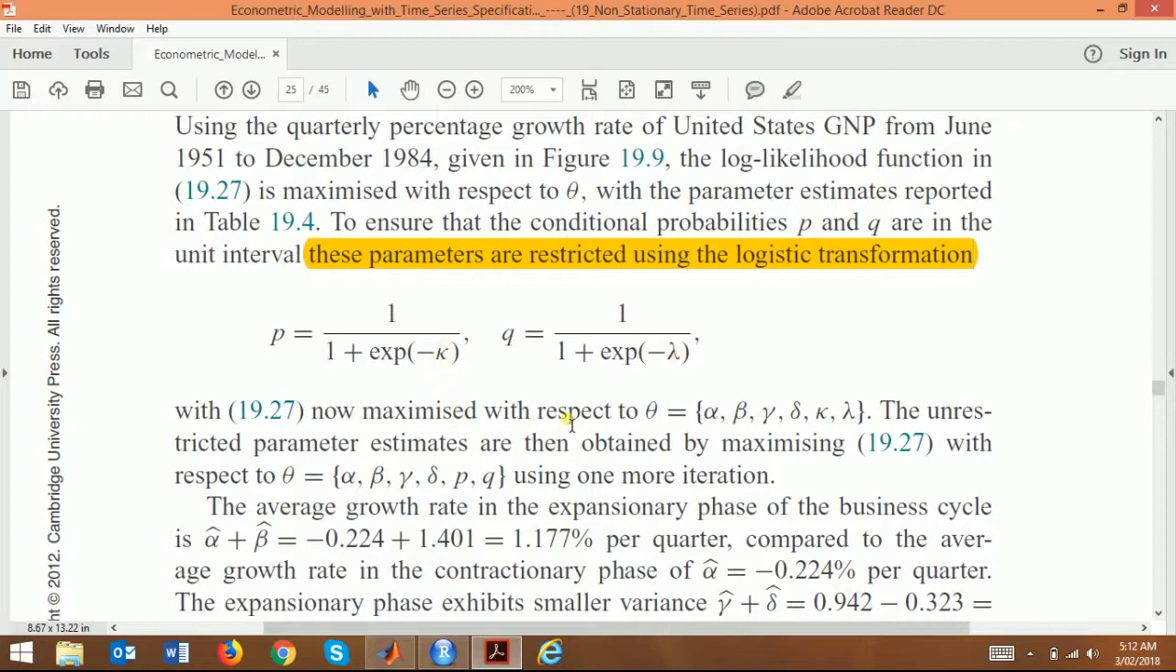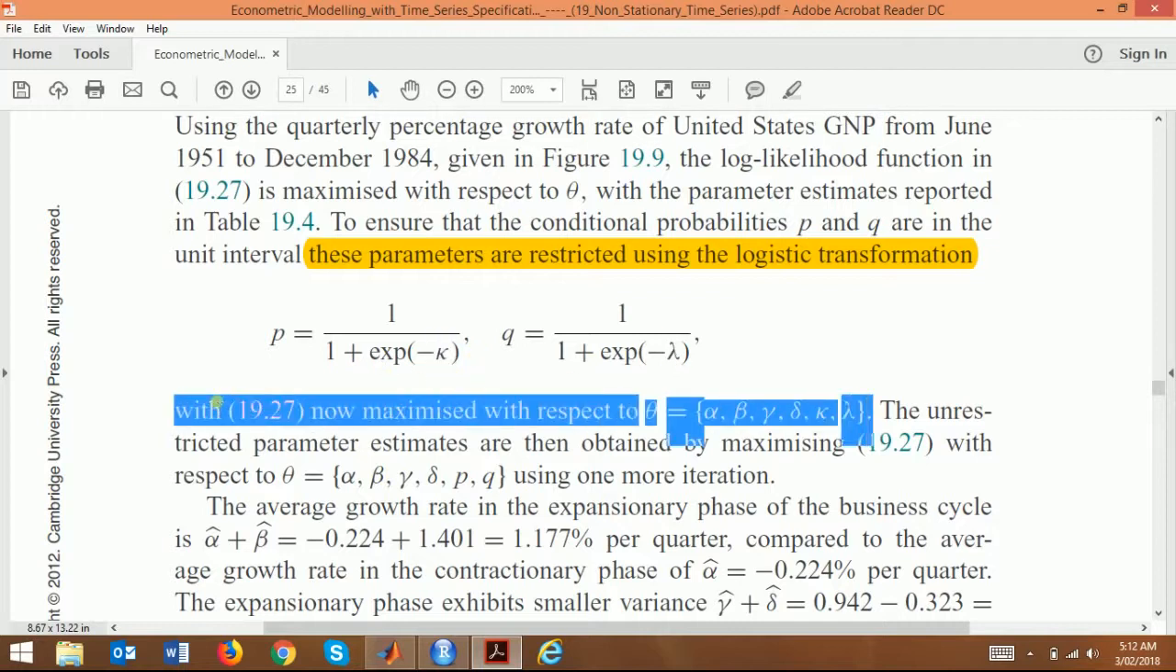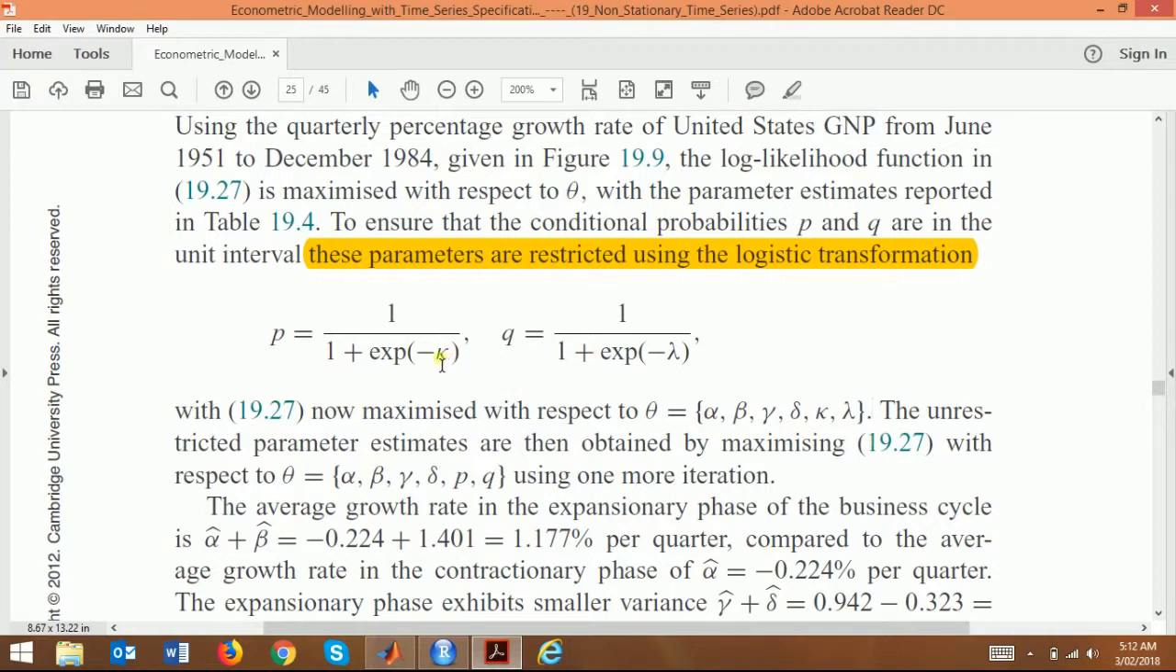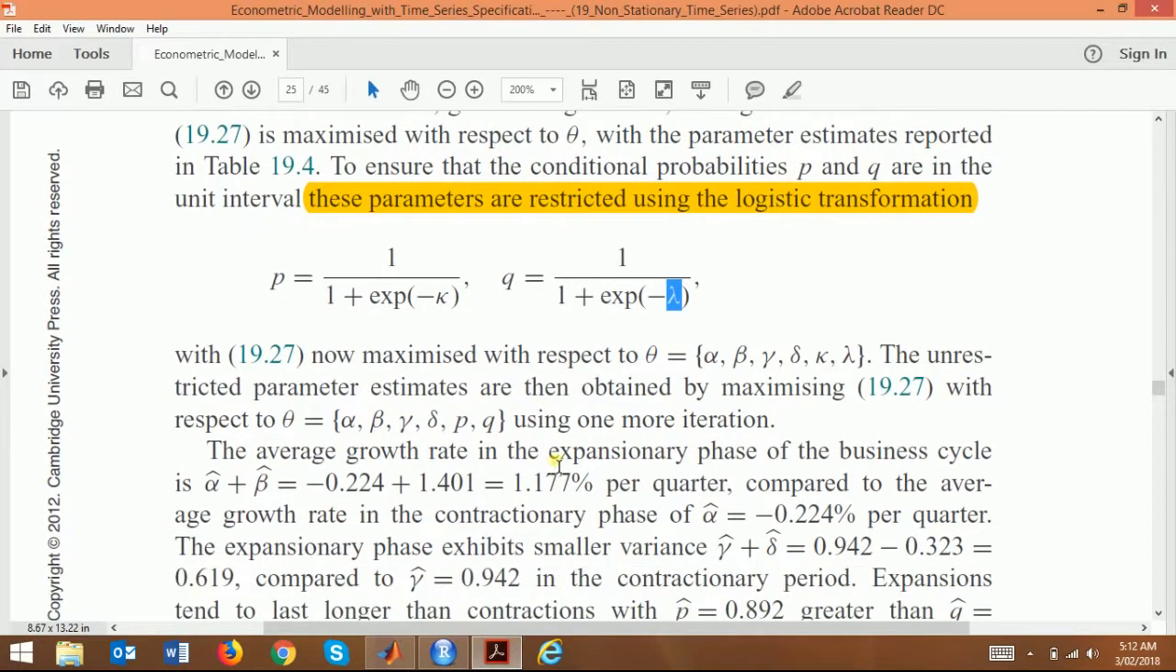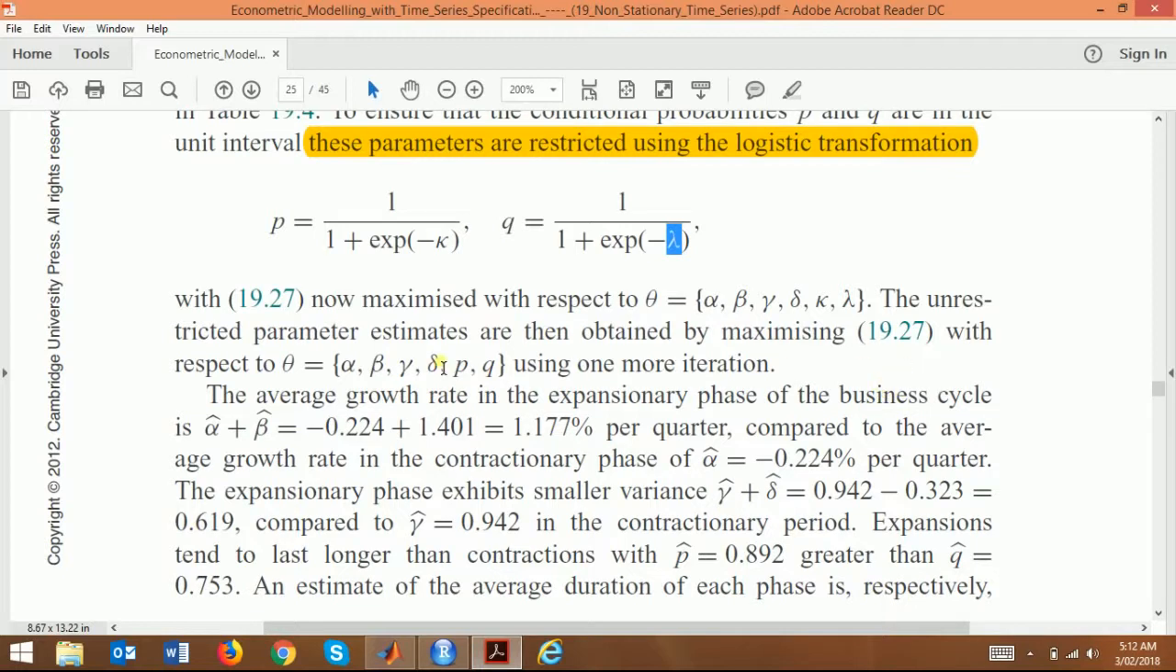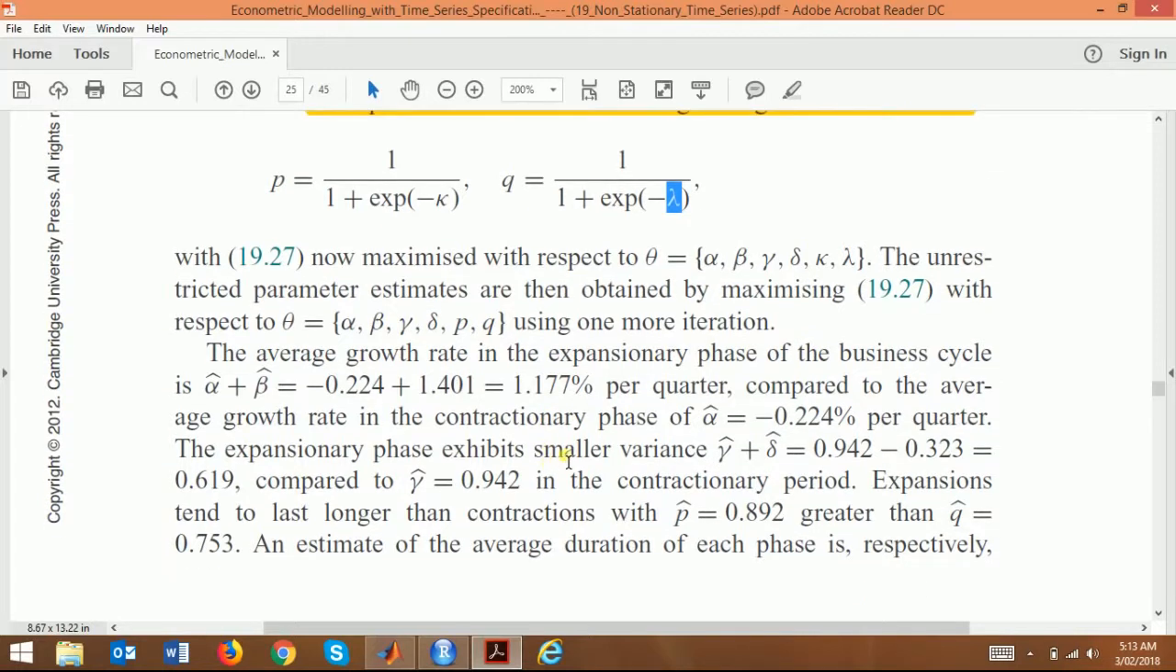Now we maximize with respect to the unknown parameters. These two are coming from the exponential function and are added to the unknown parameters. They are terms coming from P and Q actually, so if we find them, we find P and Q. The unrestricted parameter estimates are then obtained by maximizing with respect to the unknown parameters using one more iteration. The average growth rate in the business cycle is now